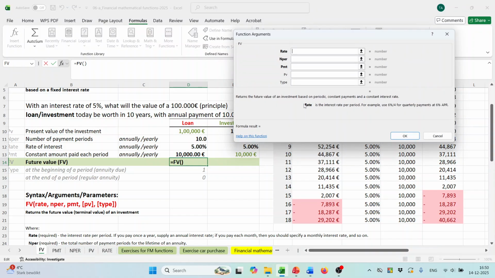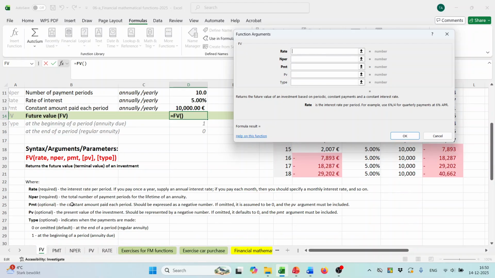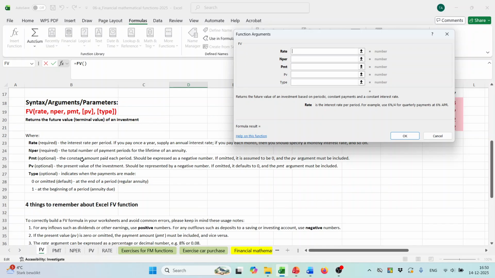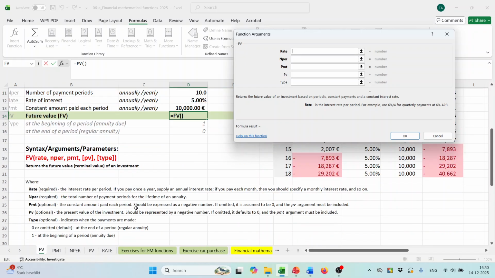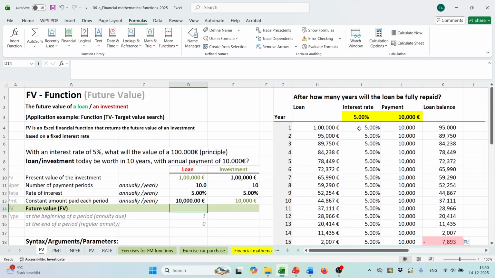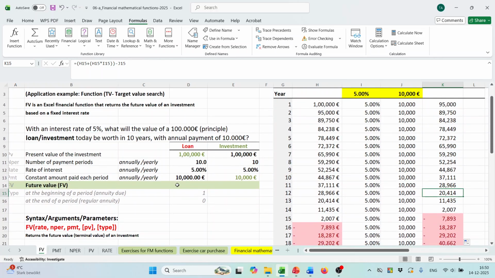So before starting that, what is future value? We can get the definitions with the Excel files. So future value means, if we pay like this, what will be our debt after certain years. Like if we are paying this amount, after 12 years our loan balance is 20,414. So this amount is our future value. So now we can see that